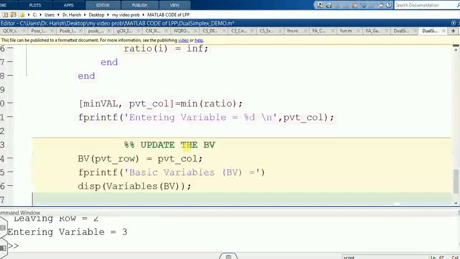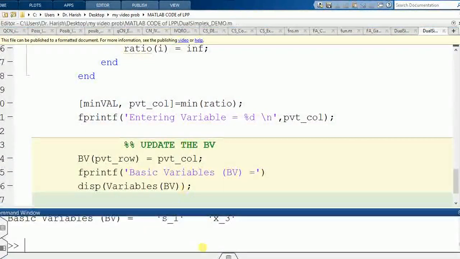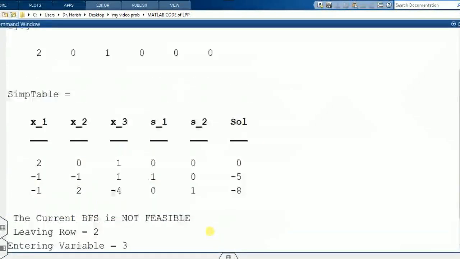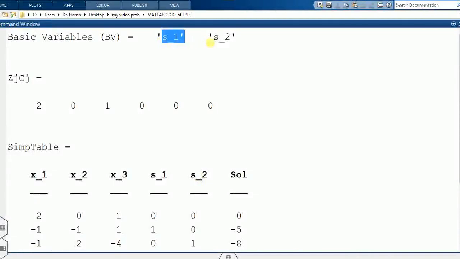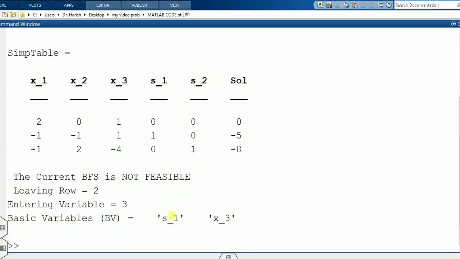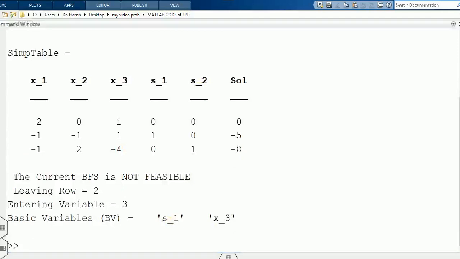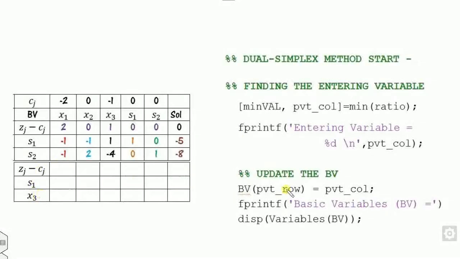Okay, so if I just print here, look at that. In the original table, the values are S1 and S2. Now in the updated one, S1 and X3. Look at that, S1 and S3. Now what you can do after that, once you are finding this, then